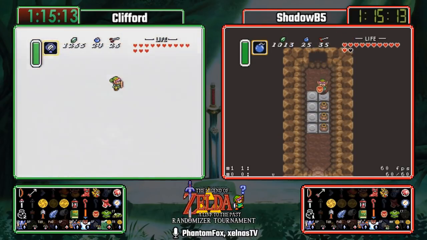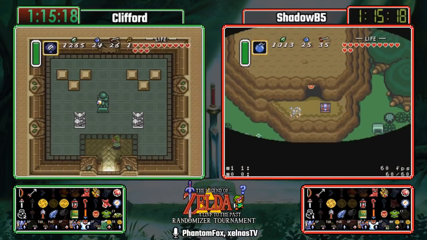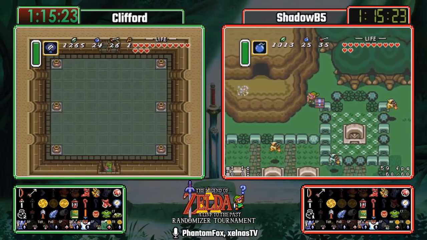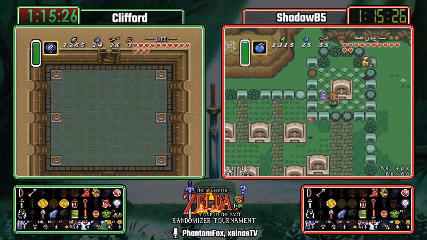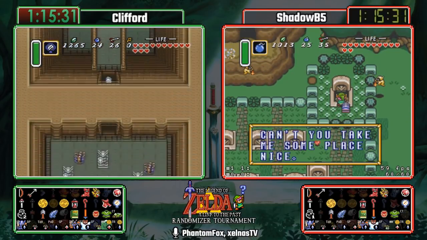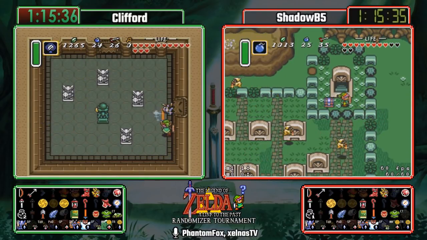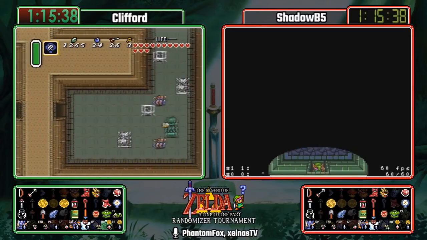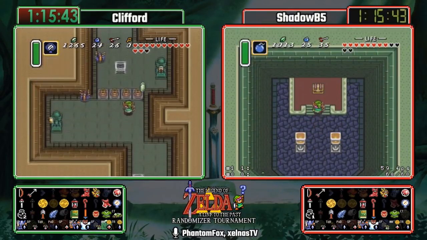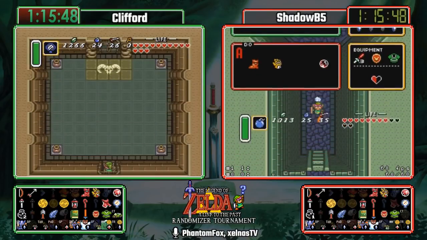All right, looks like Clifford is going to try the quick walk to Lanmolas and take that down. He finds the exact positioning to not even have to bother picking up those rocks. Meanwhile, Shadow is checking King's Tomb, as soon as he finds a place to park his luggage, at least. Here in King's Tomb, he will find the Quake medallion